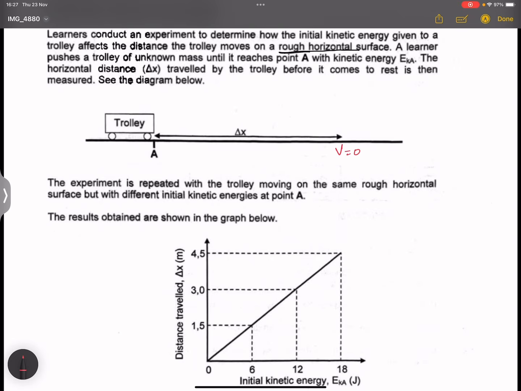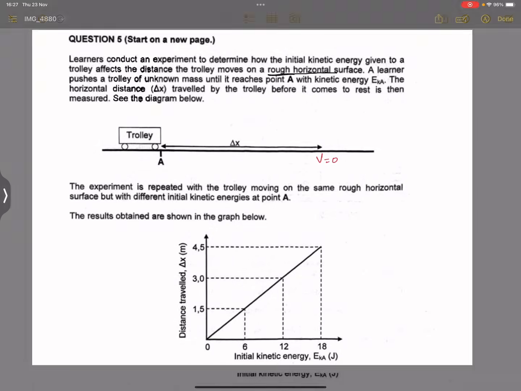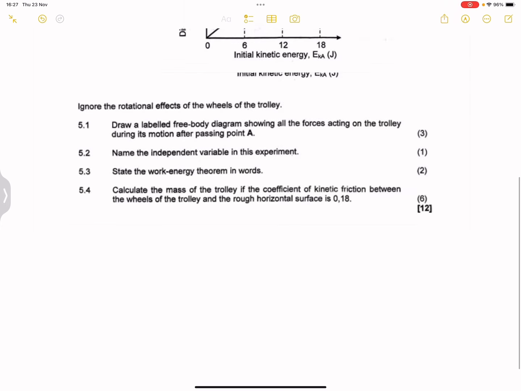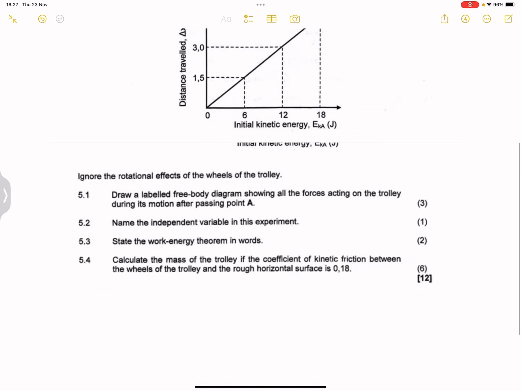Now note in this case, what are they doing? They keep pushing this trolley with different amounts of force, giving it a different kinetic energy, right? And they are measuring the distance that the trolley will actually travel. So now they say ignore the rotational effects of the wheels of the trolley. Draw a labeled free body diagram showing all forces acting on the trolley during its motion after passing point